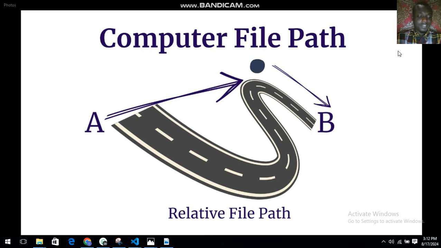Hello guys, I believe you're doing well, and on this one we will be treating computer file path. Alright,